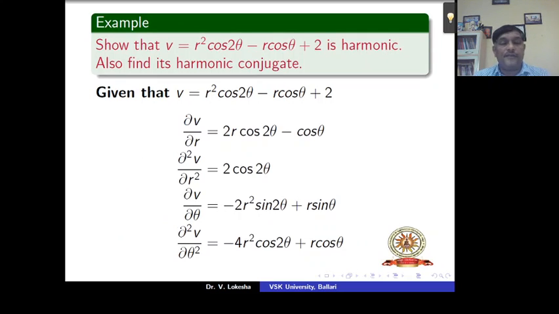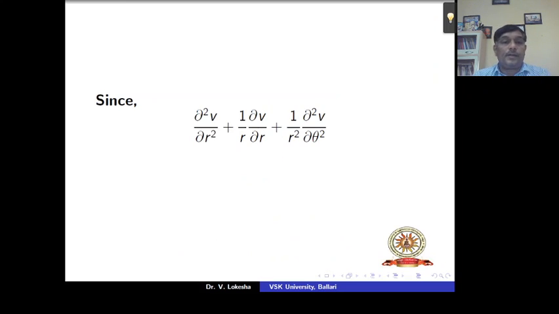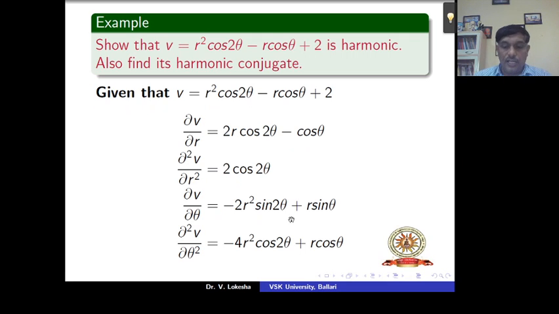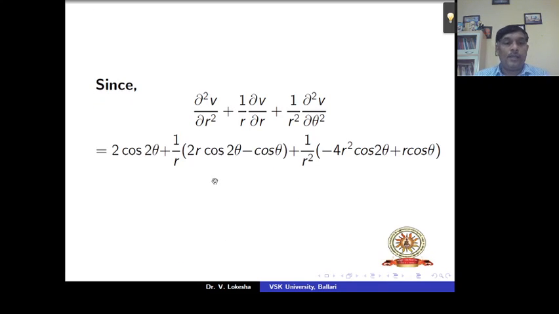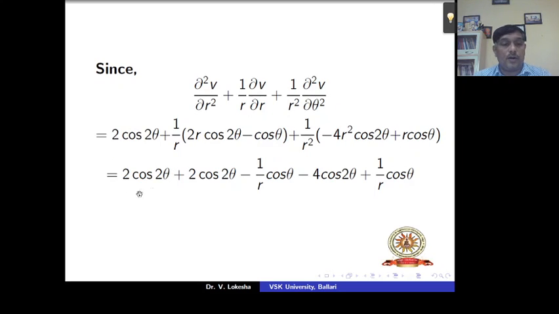After finding this, we can substitute in the harmonic equation, that is ∂²v/∂r² plus 1/r ∂v/∂r plus 1/r² ∂²v/∂θ². We already found these. Using this, we can substitute here. That becomes 2 cos 2θ, 1/r (2r cos 2θ minus cos θ), 1/r² (minus 4r² cos 2θ plus r cos θ), then here r cancels, simplify,